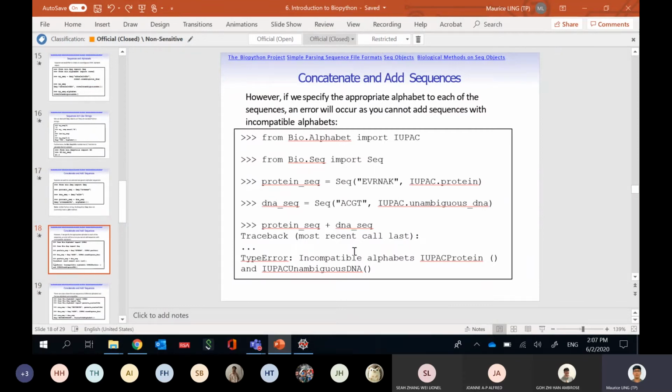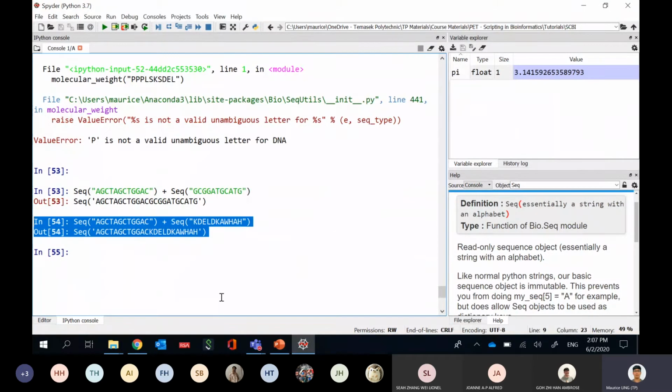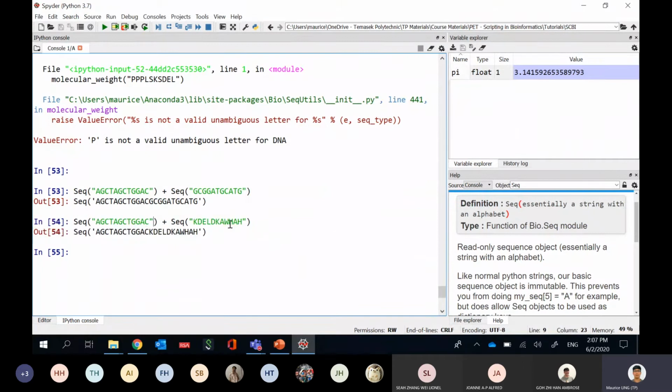Why not do this yourself? We can join everything, but if you give the sequence a very specific type, it will give you an error because you cannot join protein with DNA. But just now, why did we join protein with DNA? Because we never gave it the type option. So if we give this a type option,